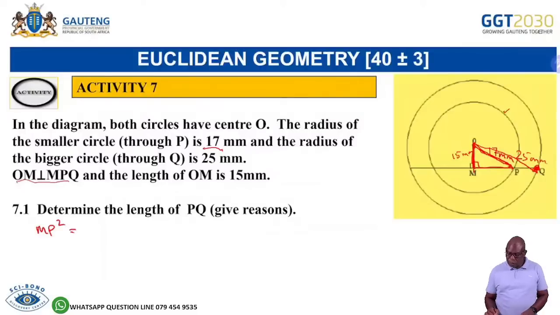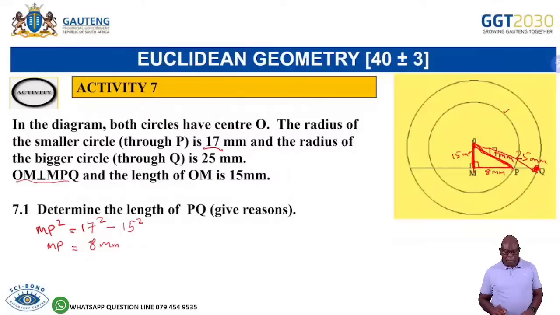So MP squared, this line here will be 17 squared. So you see, we're just dealing with the theorem of Pythagoras here. It's 17 squared minus 15 squared. And MP will be equal to, work it out quickly, the square root of that, which is going to be 8 millimeters. So MP will be 8 millimeters. Now I need MQ. So for MQ, I'm going to use 25 and 15. Can you see? So now I've got this one. I need MQ squared equals